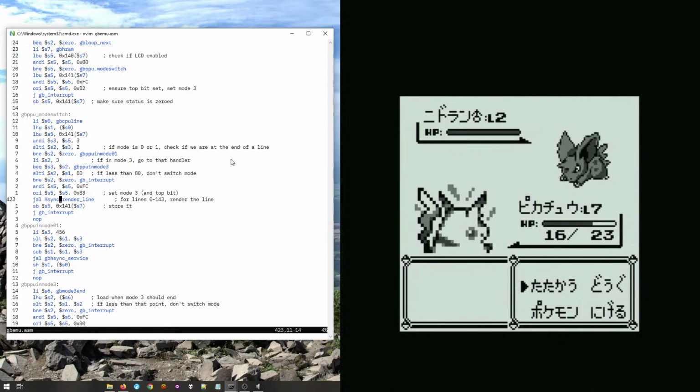So yeah, that's right. So it goes from mode 2 to mode 3 to mode 0, I think. If I remember correctly, it goes to 0. And so within mode 2, mode 3 is when it actually starts rendering the backgrounds for that line. And so if we go down to HSync render line,